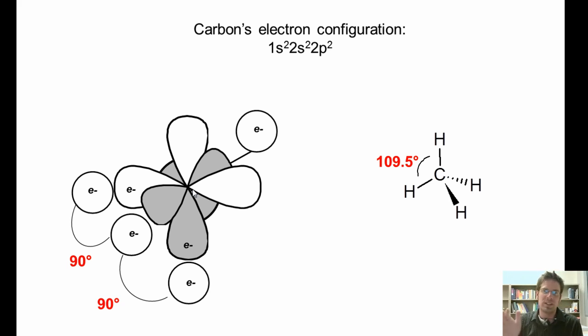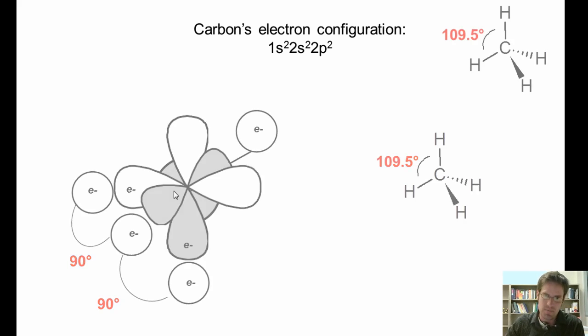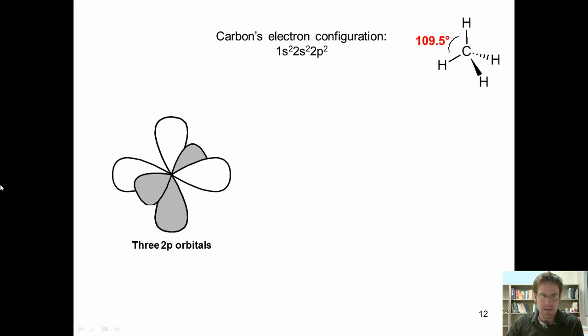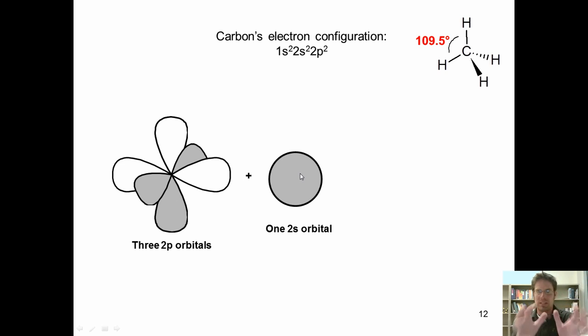So what in the world can carbon do? What carbon does is it takes its 3 2p orbitals, shown here, and its 1 2s orbital, and it combines them. So if you could imagine that these 4 different orbitals, the 3 2p orbitals and this 1 2s orbital, were all made out of molding clay and I took them in my hands and squished them all together,